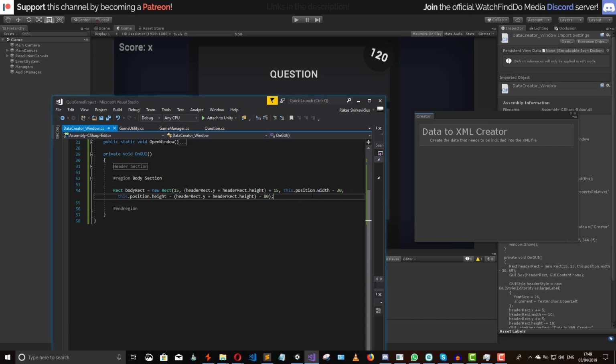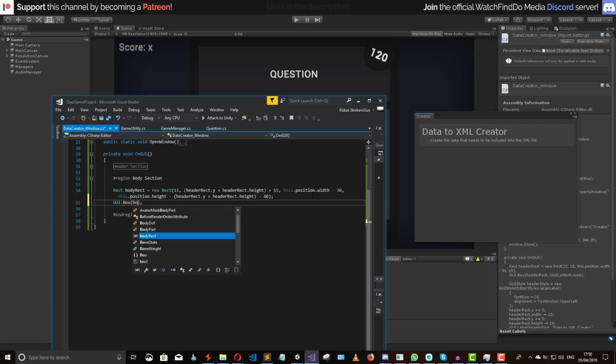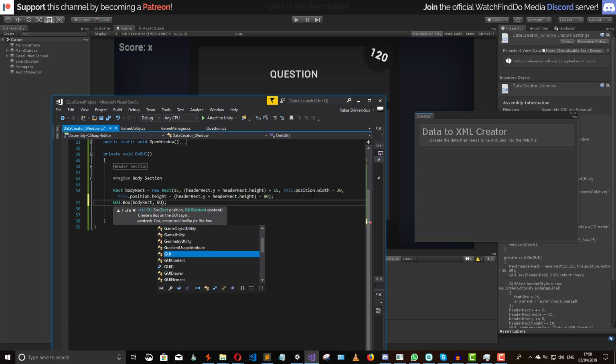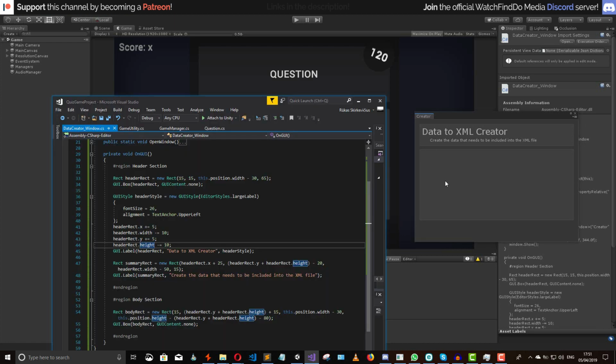Alright, so now if we go back here and create a brand new GUI box and put the body rec to be the position, and the GUI content, we don't need any, so we simply can say GUI content dot none. So now if we go back to Unity,